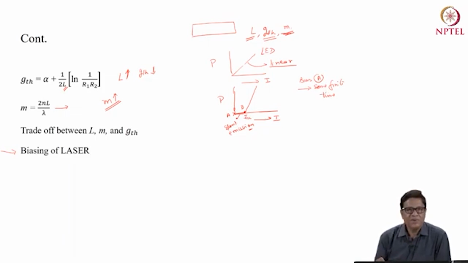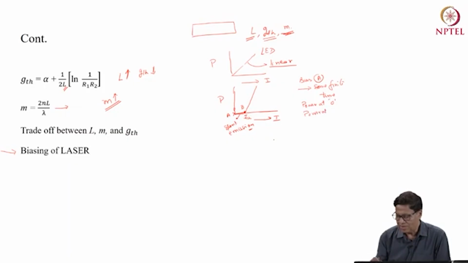Which will actually limit your data rate, the rate at which you can modulate your laser diode. So this is an issue if you bias at point A. Although you get good extinction ratio in the sense power when there is no emission or at say 0 and power at 1,